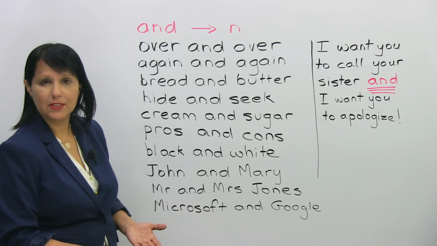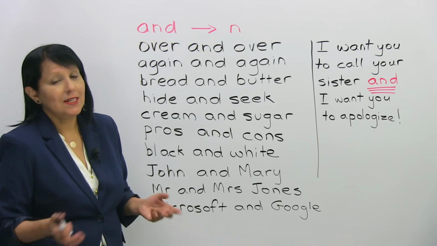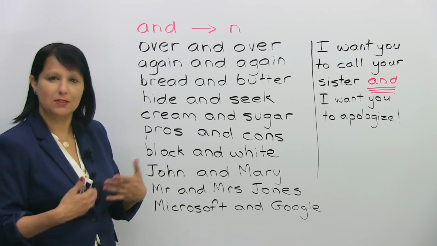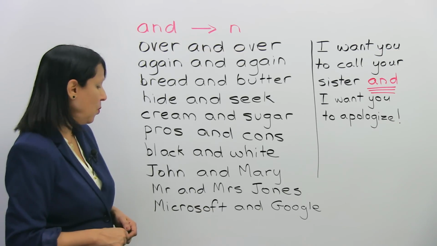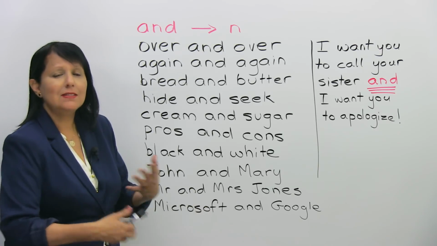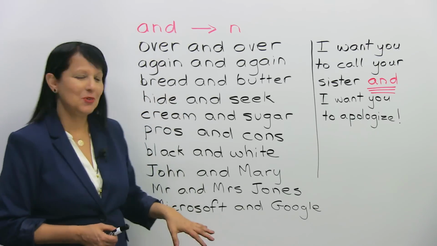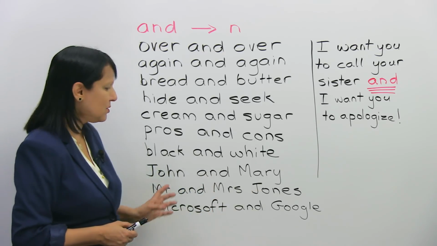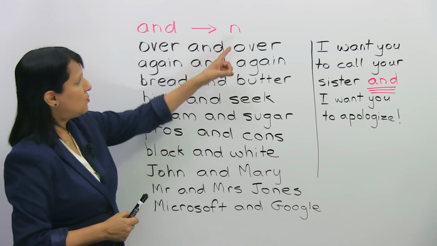Mr. and Mrs. Jones. Not Mr. and Mrs. Sometimes we don't even say Mrs. nowadays, but in some countries, these forms are still used. So I'm giving you that example. Mr. and Mrs. Jones. Or we can use it for companies too. Microsoft and Google. It doesn't matter what we're talking about, whether we're talking about cream and sugar or Microsoft and Google. We're still saying cream n sugar, Microsoft n Google. So we almost swallow the word and we just reduce it to n,